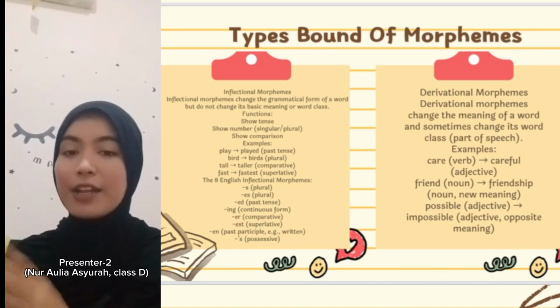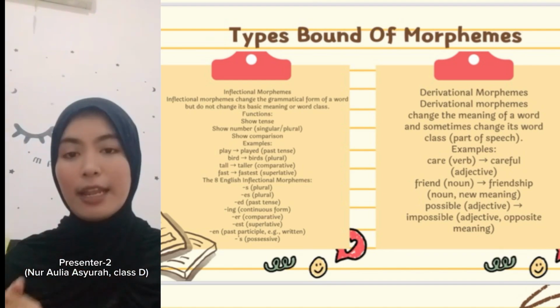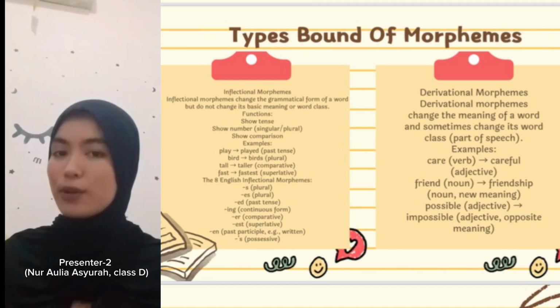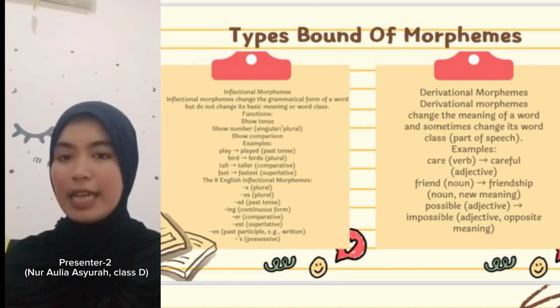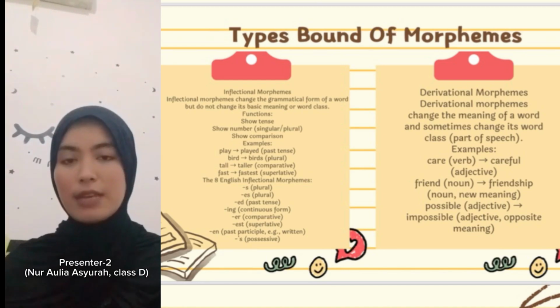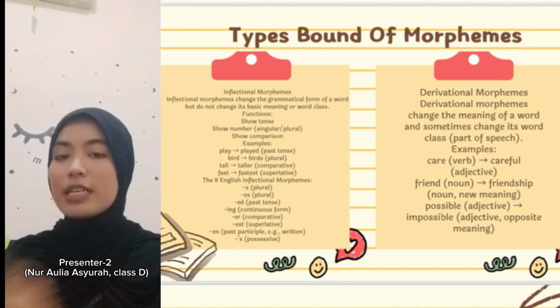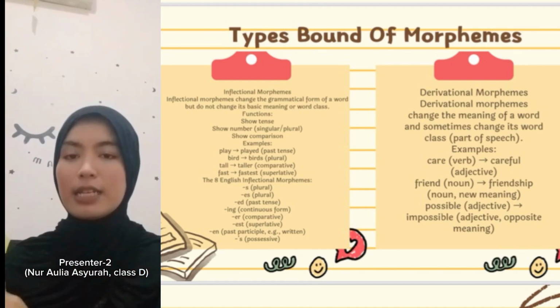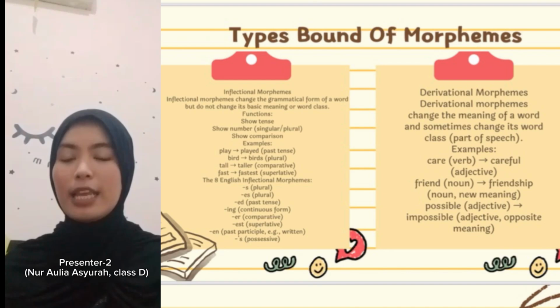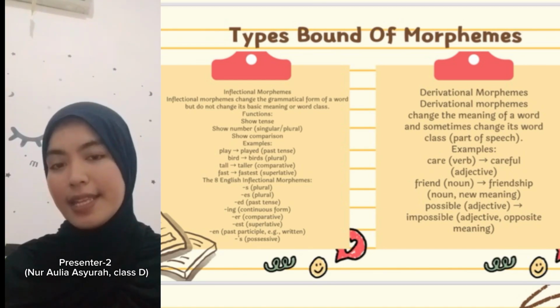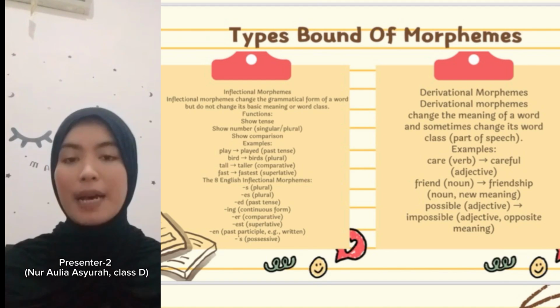In English, there are 8 main inflectional morphemes. S for plural, example, cats. 's for possessive, example, John's book. S for third person singular, example, she runs. Ed for past tense, example, walked. And en for past